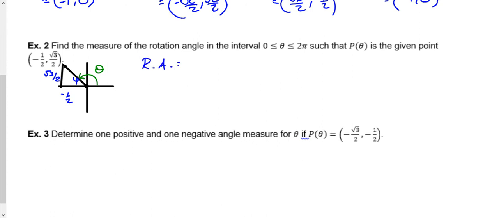Reference angle is equal to tangent inverse, because we're looking for the angle, of our opposite side, root 3 over 2, over our adjacent side, negative 1/2. And so all I'm going to do is evaluate this on my calculator. This gets me,